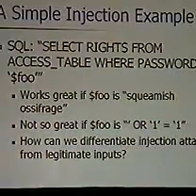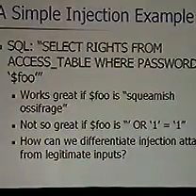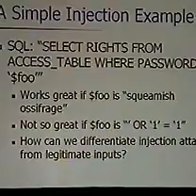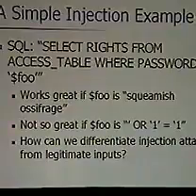So some of you may not be familiar with what injection is, so let's go through a little bit of an example. Let's take "select rights from access table where password equals foo", where foo is just standard Perl variable interpolation. It works great if foo is just something sensible for a password. It fails utterly when you start embedding quotation marks into it. Now we have the SQL statement "select rights from access table where password equals blank or 1 equals 1". This is, not to put too fine a point on it, not a good thing.